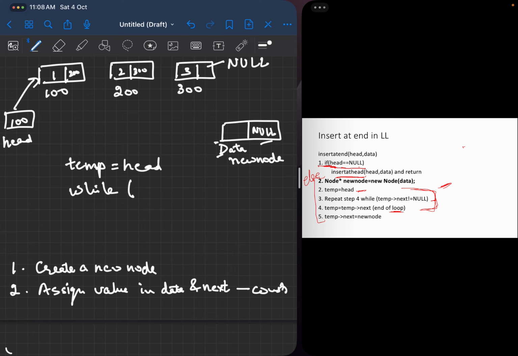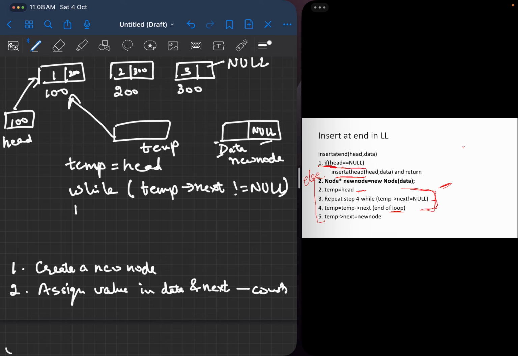While temp's next is not equal to null. This temporary pointer variable temp I will initialize to head. Then I will write temp is equal to temp's next.